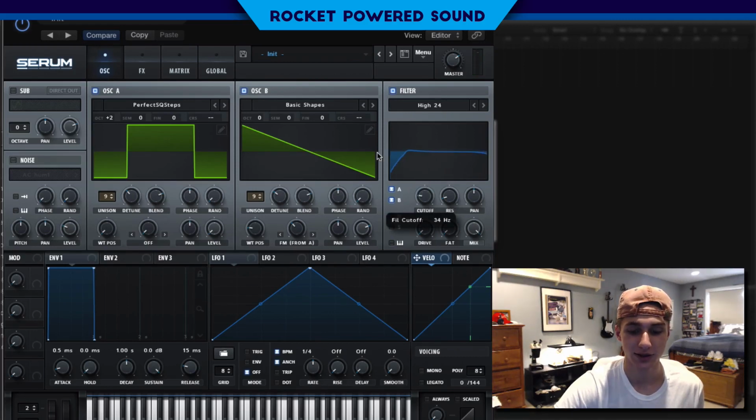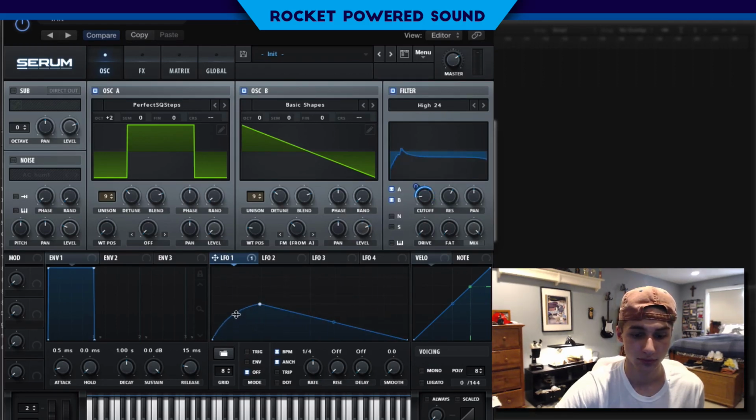And as you can hear, that is a kind of talking sound. We're going to use the resonance to kind of amplify that vocal sound. And now you can really hear how that's starting to come together. We're simply just going to modulate this. Put it on trigger, and